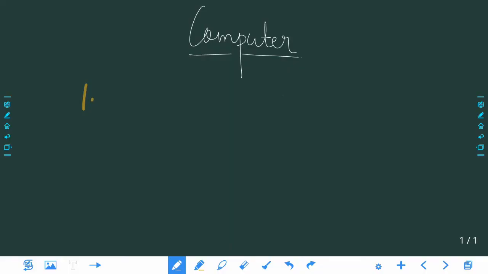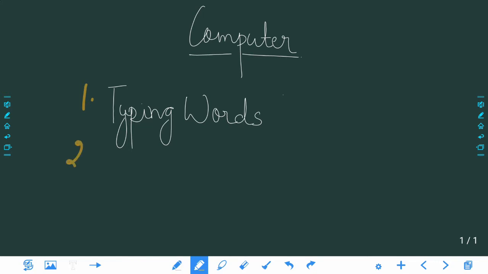Number 1, typing words. Number 2, entering numbers.